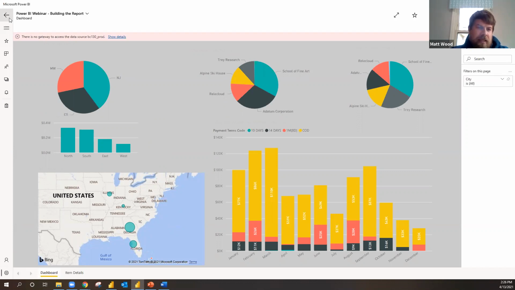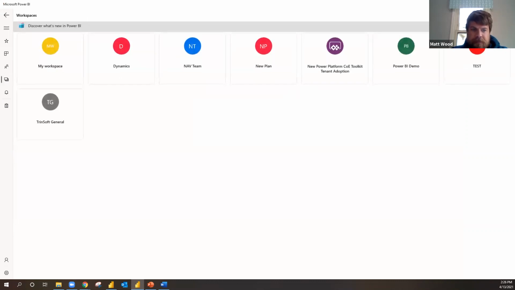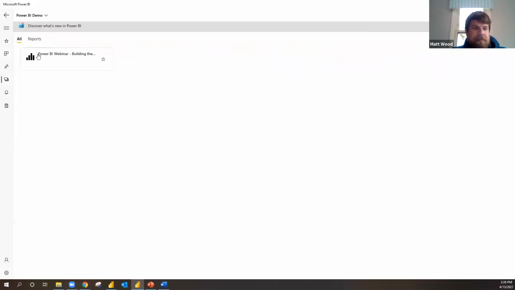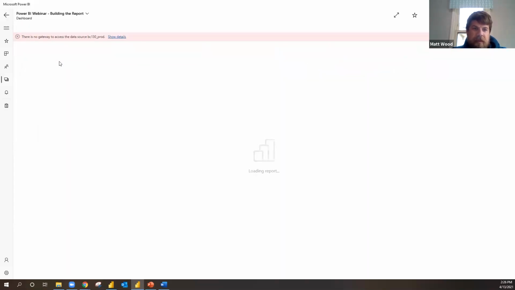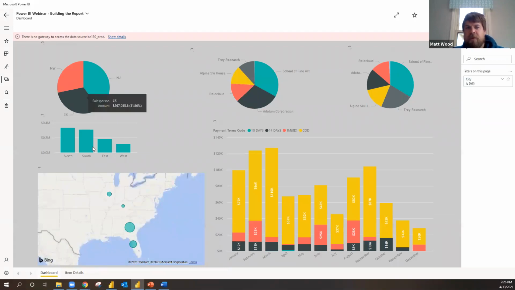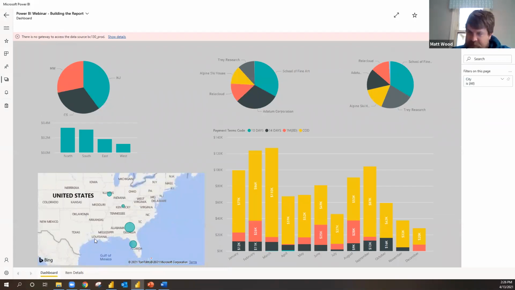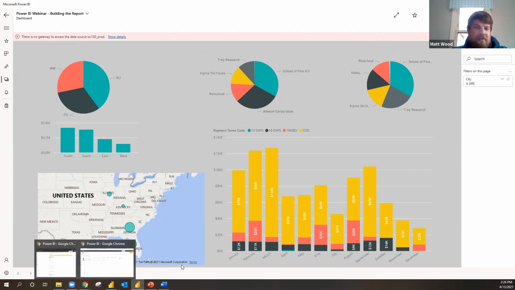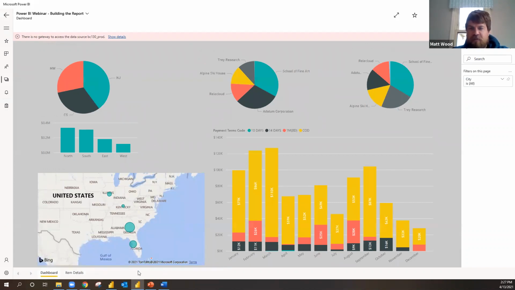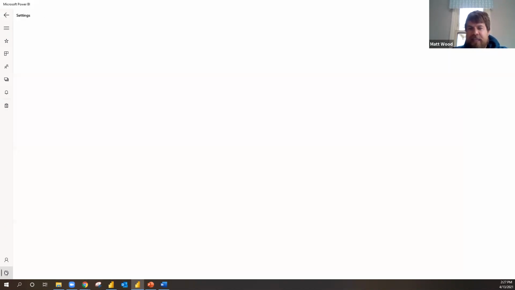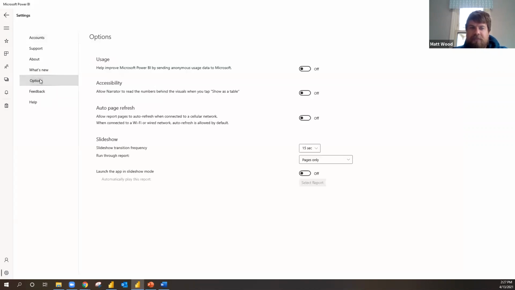We're out here in the Power BI app that's on our computer. And what we're going to do is go find our workspace, select it. And when we do that, it's going to pull it in. So here's our report. And again, this is where that refresh becomes important, especially on the automatic. So if I had this running on a TV, I'd want this to be refreshing maybe on the hour so that I get that new data that's fresh.